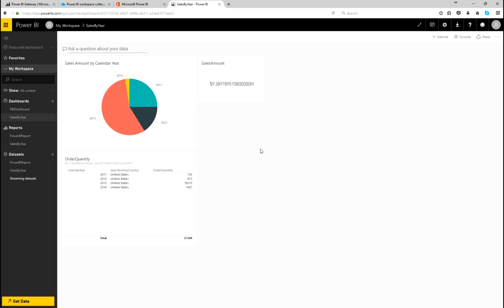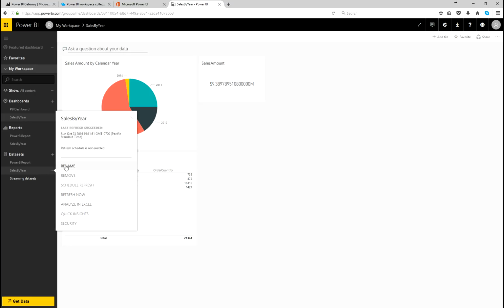That means once the data is refreshed on our warehouse system, we can set up Power BI to refresh the data. Let us say our data gets refreshed every day at 10 p.m. We can set up the Power BI dashboard to refresh at, let us say, 10:30 p.m. so that the next day when users come and browse the data, they see the latest information. To do that, we need to go to the data source, click on edit or open menu, and there is an option for scheduled refresh,